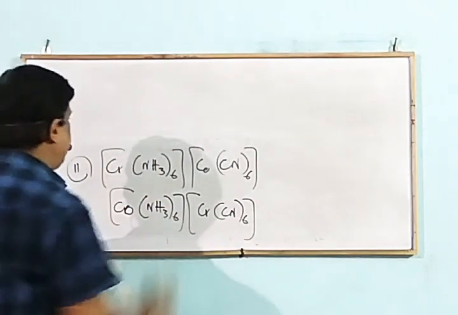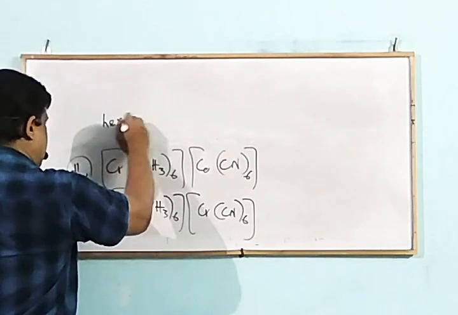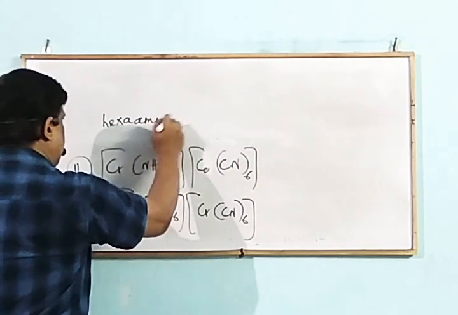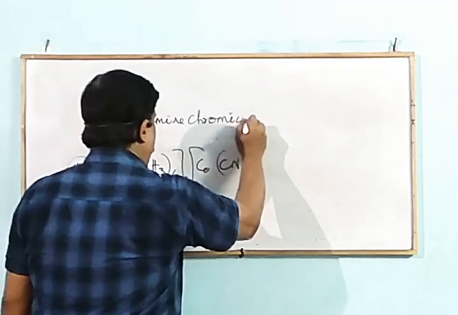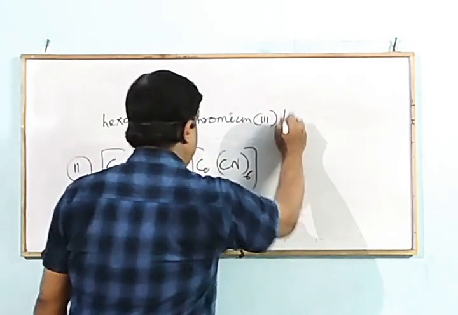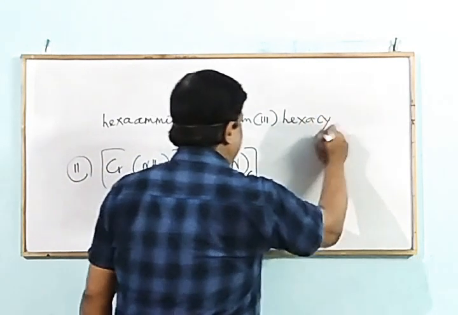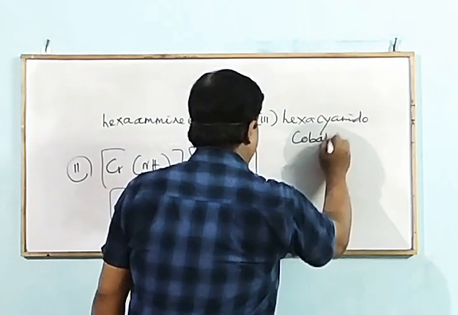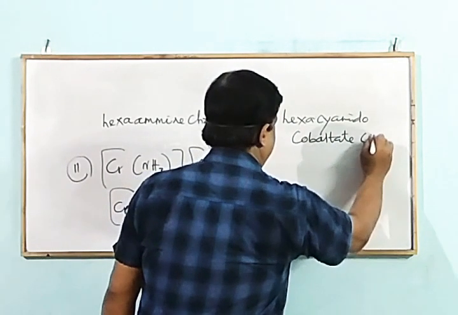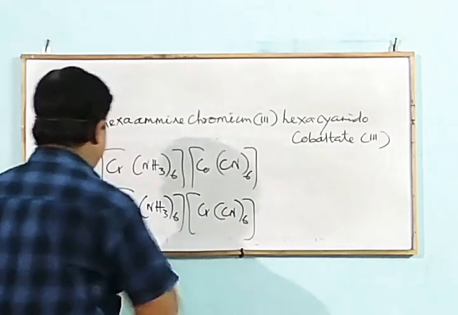Mark that, its name is hexaamminechromium(III) hexacyanidocobaltate(III), and its isomer's name is